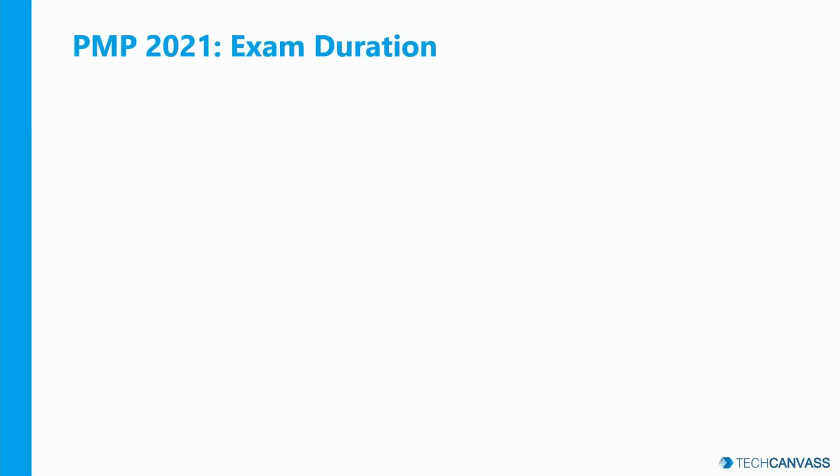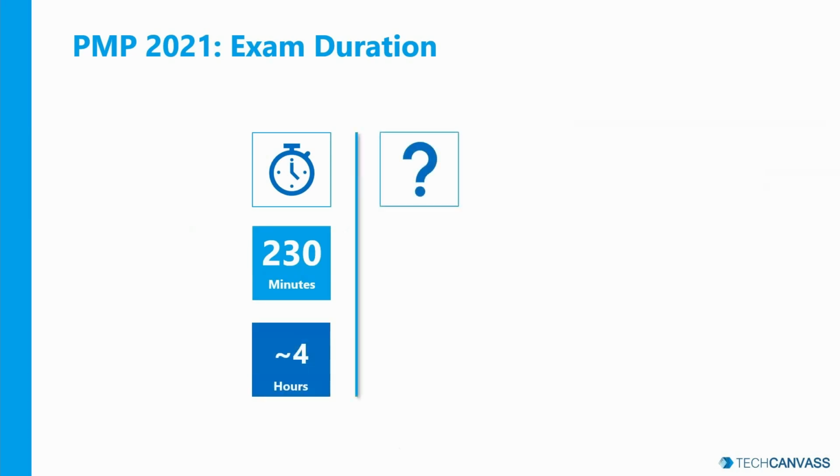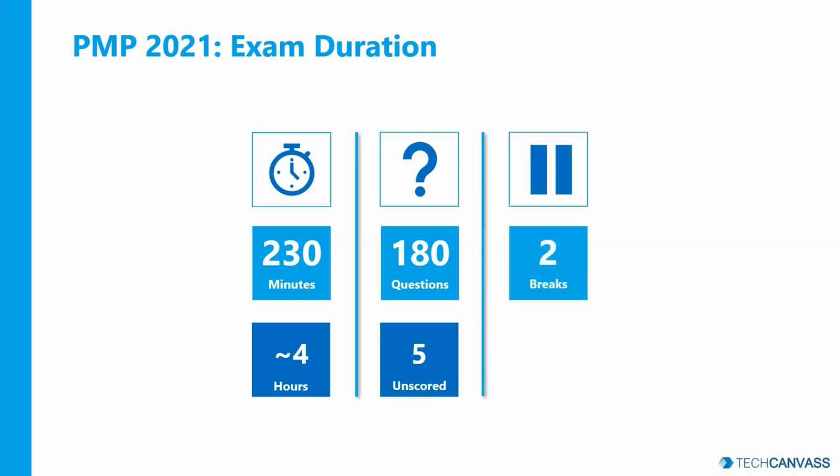As you know, the PMP exam lasts for roughly 4 hours and you would have to face 180 questions as a part of this exam. 5 of this will be unscored, but that is of least significance for you. As far as you are concerned, you would have to attend all the questions with equal sincerity. And in these 4 hours, you would have 2 breaks, each break not lasting more than 10 minutes. Now let us look at 10 sample questions for PMP.